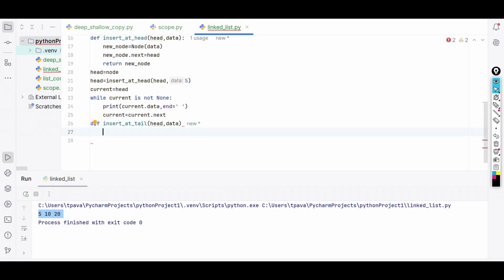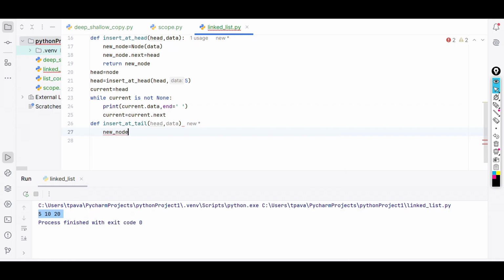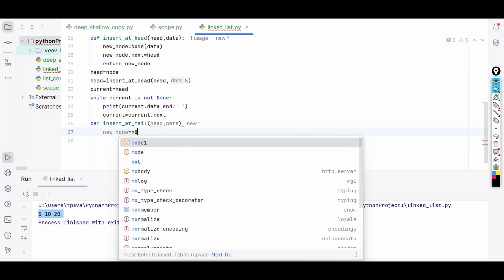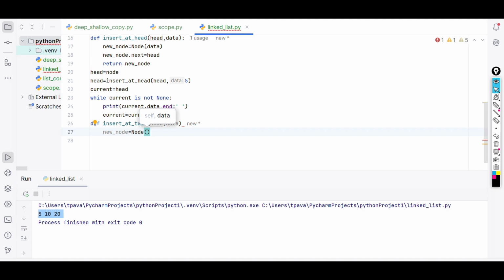Okay, and in this function, create a new node. New node is equal to node of that data. And here, as we are trying to insert the node at the ending of the linked list,